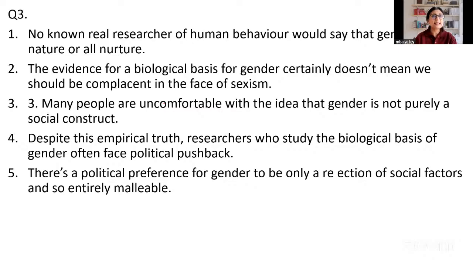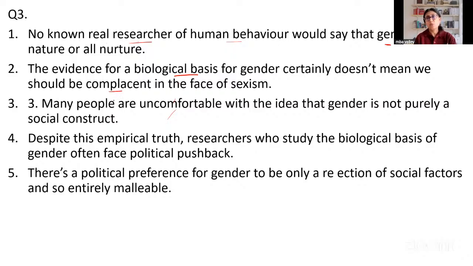So question 3 says, the first sentence says, no known real researcher of human behavior would say that gender is all nature or all nurture. Okay, तो क्या क्या वर्ड्स हमें यहाँ पर मिल गए हैं? हमें वर्ड्स मिल गए हैं रिसर्चर, ह्यूमन बिहेवियर, हमें वर्ड मिल गया है यहाँ जेंडर. आगे पढ़ते हैं. The evidence for a biological basis for gender certainly doesn't mean we should be complacent in the